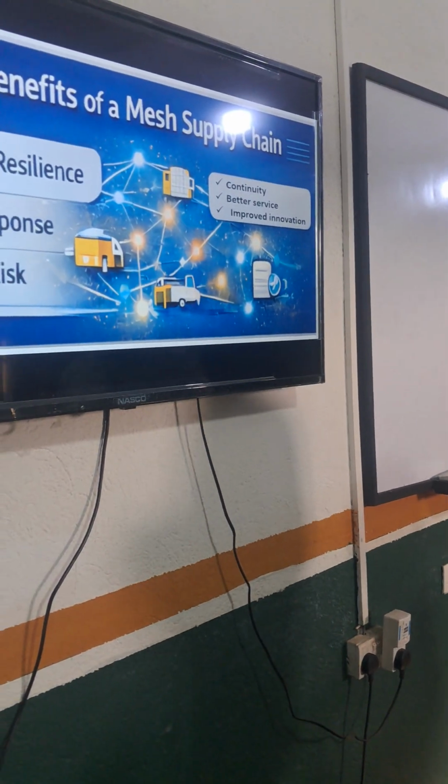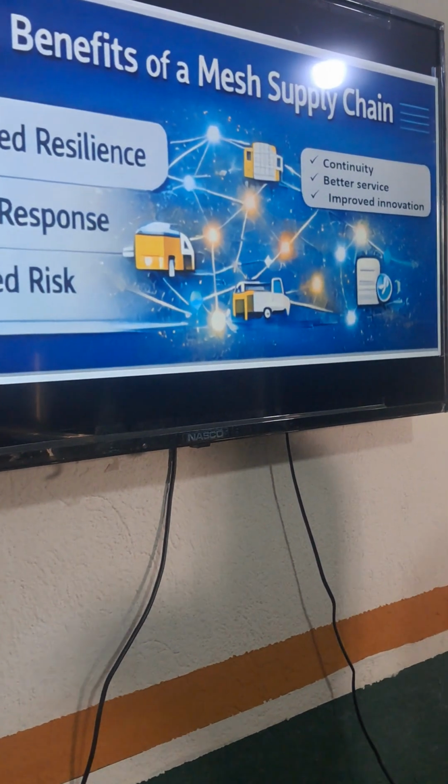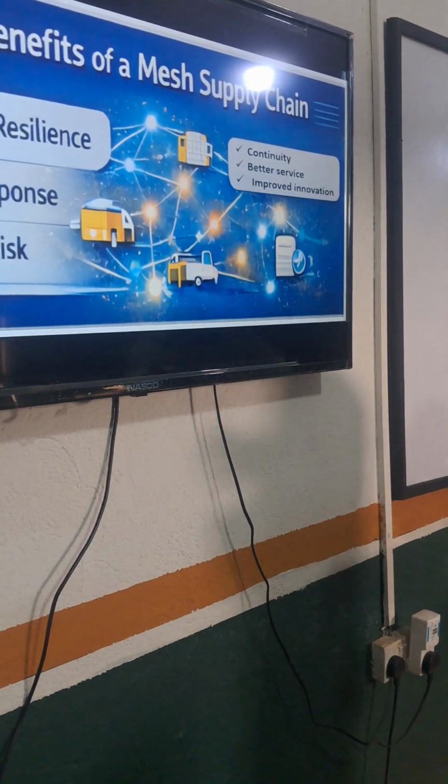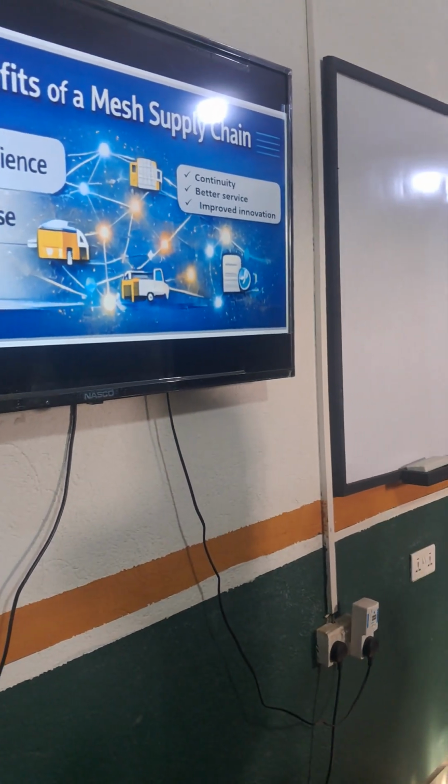A consumer will be very happy when his or her order is being delivered quickly and faster. And we have the last most important benefit that the mesh supply chain portrays. That's continuity. Of all these benefits, continuity is the top notch of everything. When one supply chain breaks, there's a continuity of the other supplier or other distributor. So let's move on to the next video, which demonstrates the importance of supply chain.